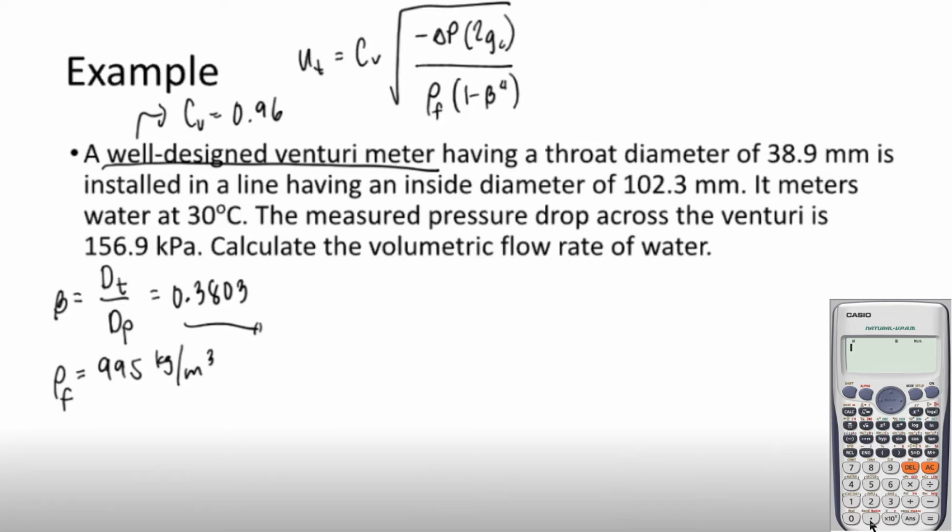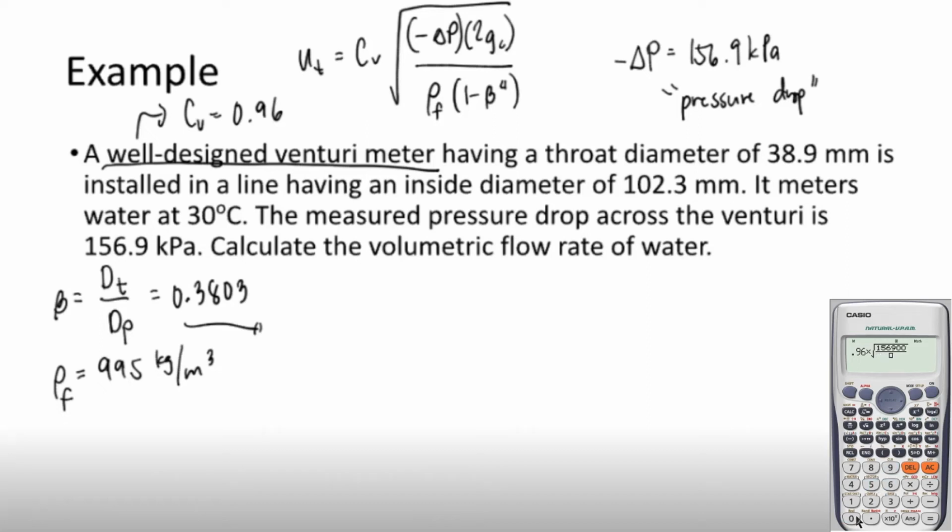That would simply be C_V, 0.96, multiplied by the square root of the ratio of the pressure drop. Remember that pressure drop is negative delta P, okay? You can think of this parameter as one whole parameter with the negative being included inside of the parentheses. With this, we say that negative delta P is equal to 156.9 kilopascals. This is pressure drop. You are not supposed to remove or misplace this negative sign in front of the delta P. Okay, moving back, our pressure drop is